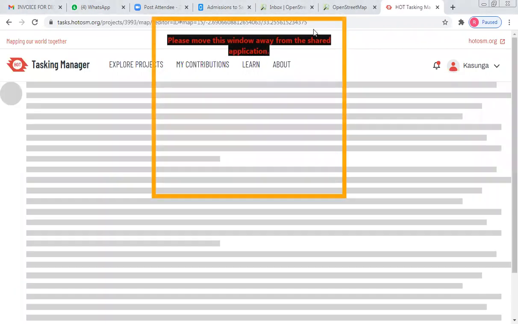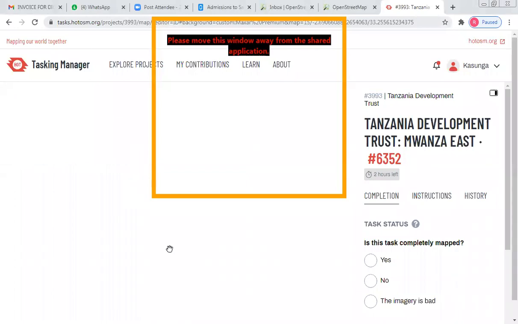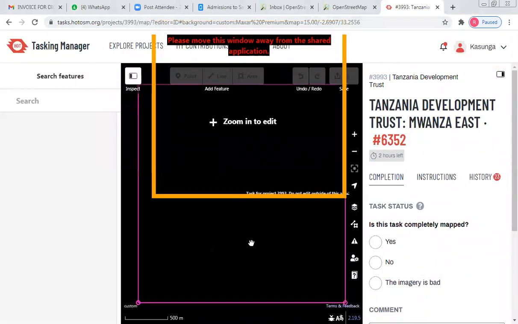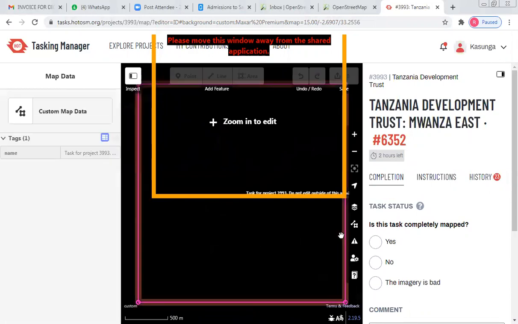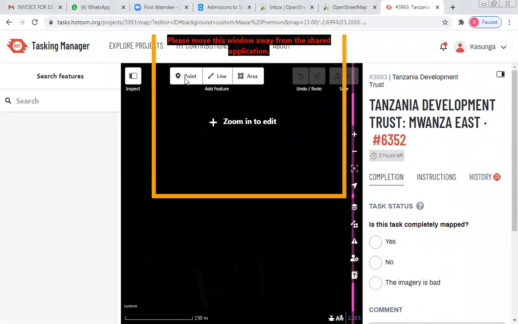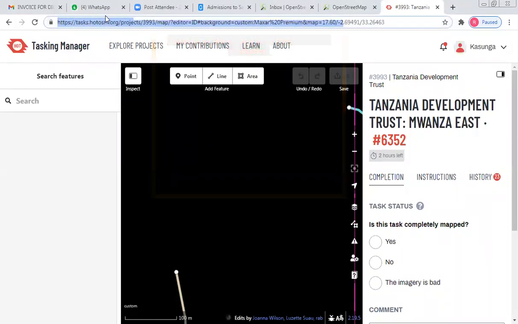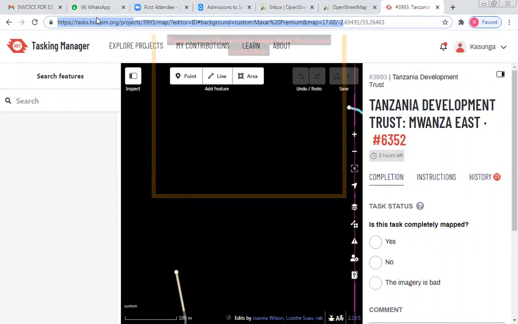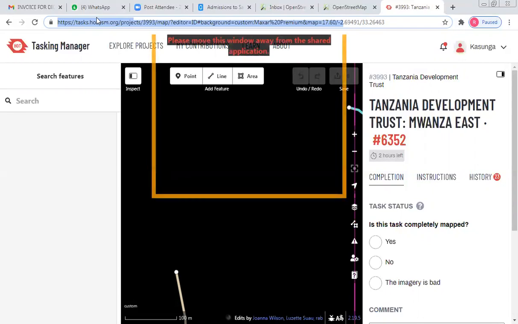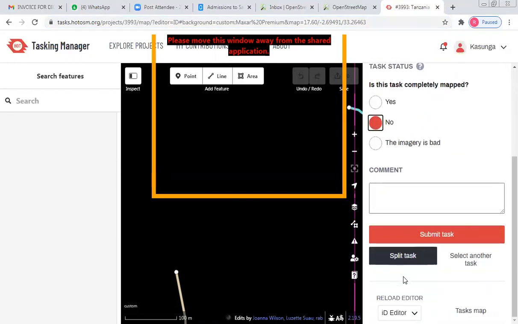So see here. Let's say I want to map this area and I want to share my link. If I want to see where you mapped, you can just copy this link here and send it maybe via WhatsApp group, or you can even send it to my email. I can view this and tell you if what you have done is quite correct or if you are wrong. So we have to do some practical work,